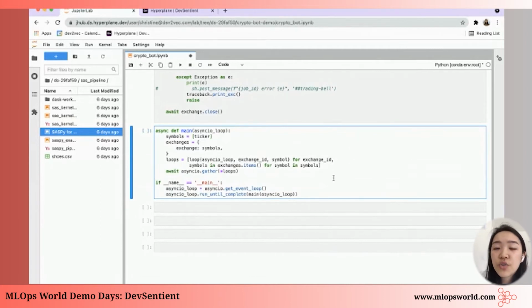But if we can actually trigger this to run in a similar way to how we were running pipeline jobs before on Hyperplane, we can actually run this in a continuous loop without having to keep our cluster up or our notebook running, and we can use this for something else. So in contrast to the batch jobs or the series of steps that run end-to-end like Will showed earlier, we actually use these never-ending notebooks or scripts that you have as services.